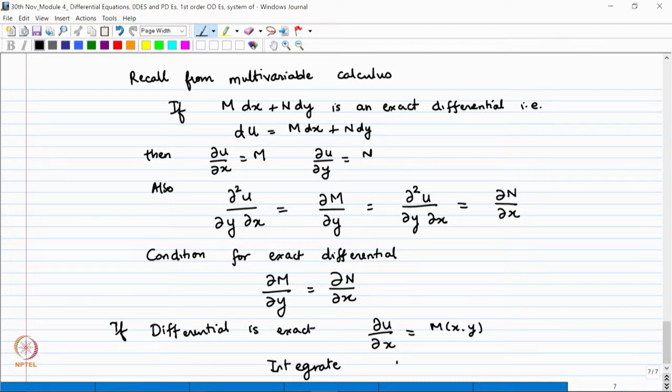and what you will get is u of x y is equal to integral m dx plus some function of y, I will just call it g of y. So, now when you integrate a partial differential equation, then instead of getting a constant of integration, you can have any function of y, because if I take a partial derivative with respect to x, the partial derivative with respect to x of a function that is only a function of y will go to 0. So, you will get something like this, and then the next step is to